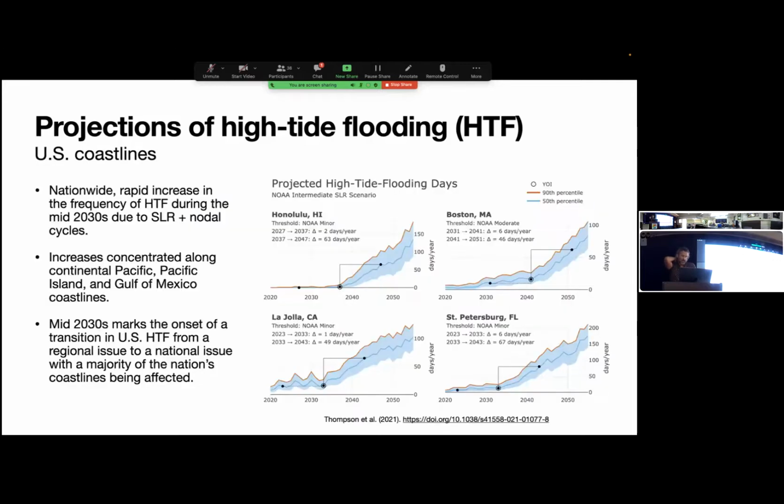So let's look at what those look like, and I'll come back to the Pacific Islands here in just a moment. But this is a figure from a paper that was published earlier this summer. So this focused really on the entire US coastline. And one of the conclusions here, when we actually did these projections, was that there are